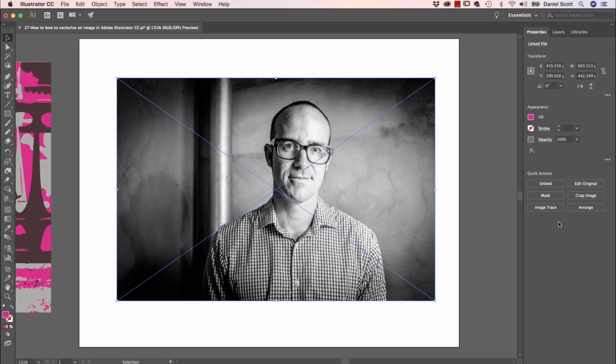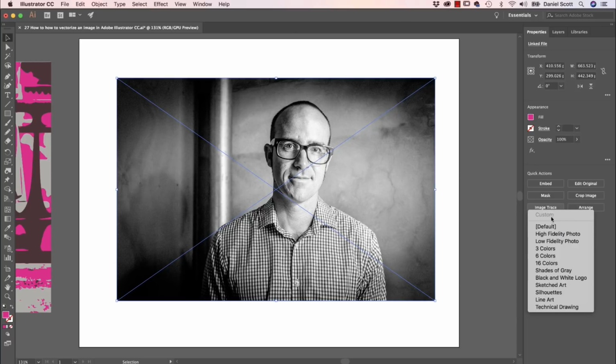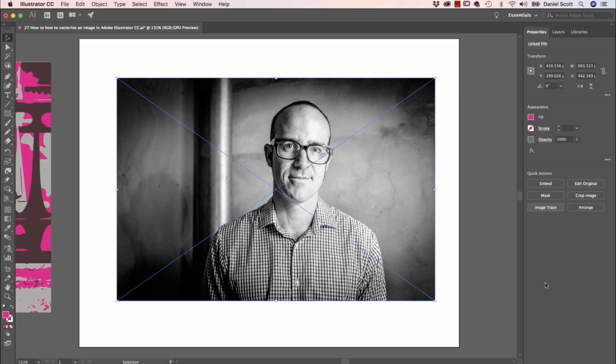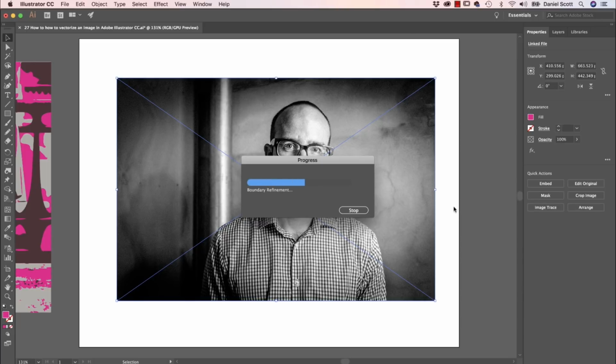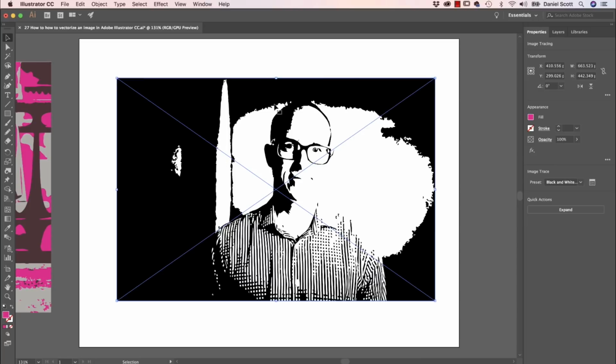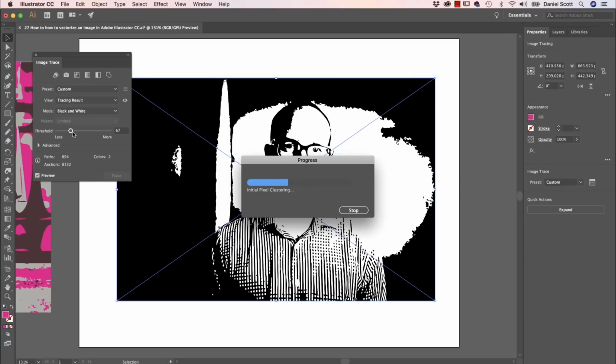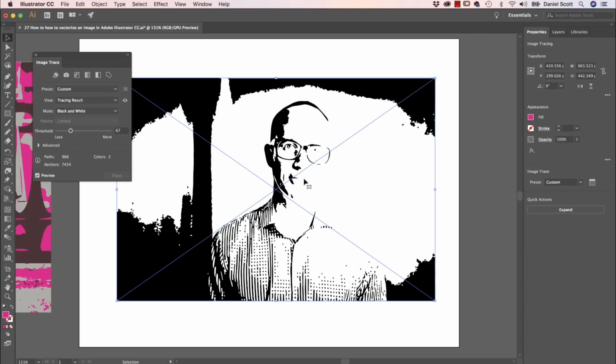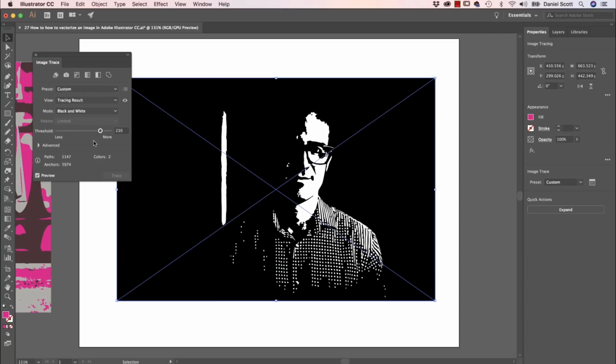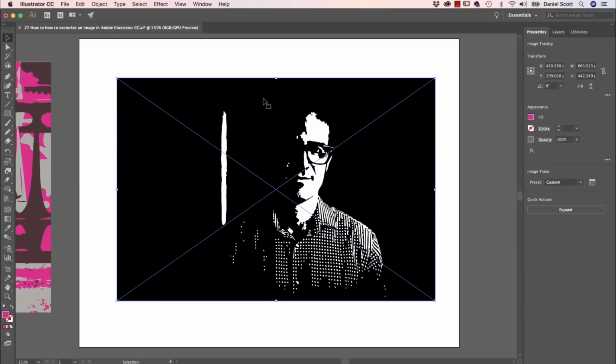So I want it to go to Live Trace. That's cool. I want black and white because I want this stencil look. The trouble with it is that there's a background and it's interfering with everything. It looks kind of cool, right? I could go to my options and drag. The main one is threshold. I can drag it lower and higher depending on what you want. You can see it kind of gets rid of the background, not quite, maybe this way. It doesn't, I know, because I played with it. So I'm going to close that, and I'm actually going to delete it,